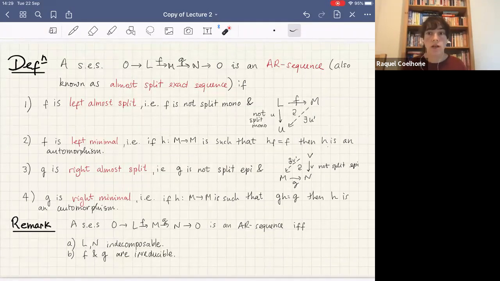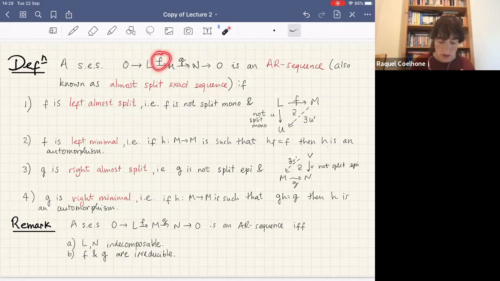So now, Auslander-Reiten sequences. So what is an Auslander-Reiten sequence? Again, it's going to be the simplest possible, but the simplest interesting possible one. So the non-interesting ones are the split ones. We don't want this to be split. So we say that this is an Auslander-Reiten sequence, also known as almost split exact sequence, if